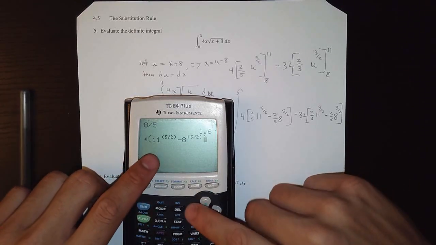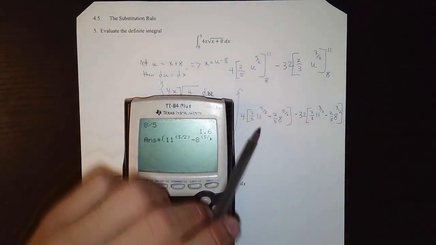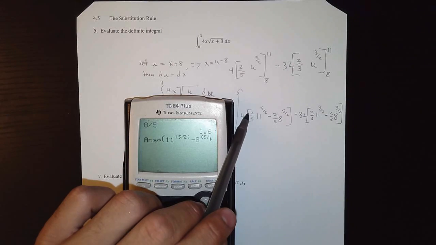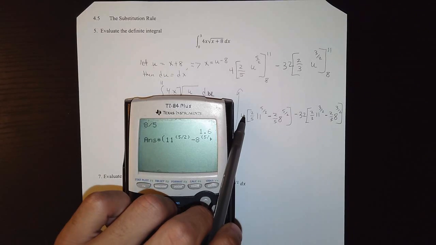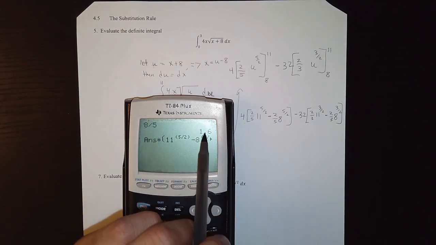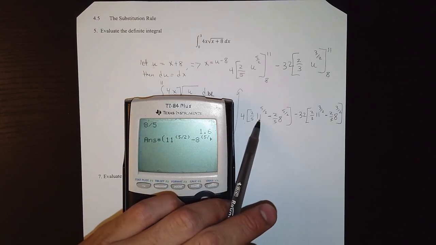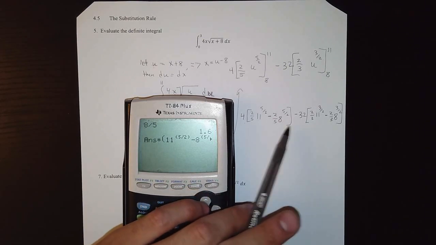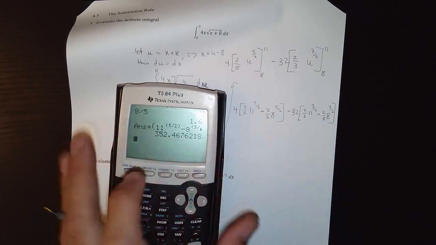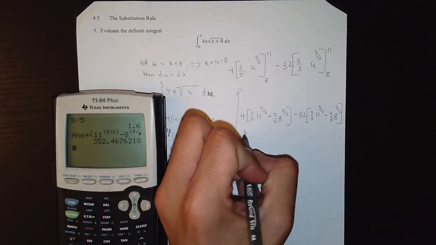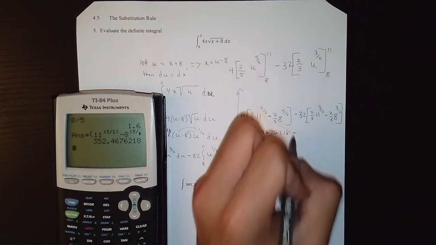And what this quantity is giving me is this value. So just note that all I did was factor out a 2/5. And so when I did that, this became our 8/5. And so I multiplied that number by what was left, which would just be this 11 to the 5/2 minus 8 to the 5/2. I'm going to do the same thing over here, but let me find this answer first. I would get 352.4676218 minus,